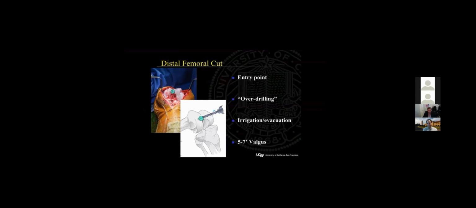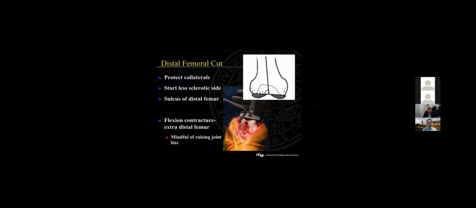In most cases, the guide is set between 5 to 7 degrees of valgus, which can be personalized for the patient if you get pre-op scanograms, though clinically there hasn't been shown to be any clinical benefit to this approach. It's very important at this stage to place Homans or Z retractors between the femur and the collateral ligaments to avoid iatrogenic injury. I teach my residents to always start cutting the less sclerotic side first to avoid skiving and